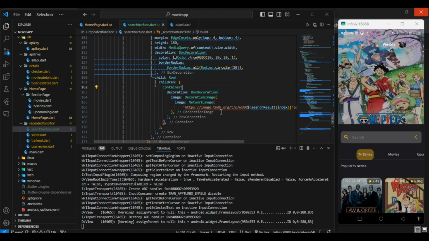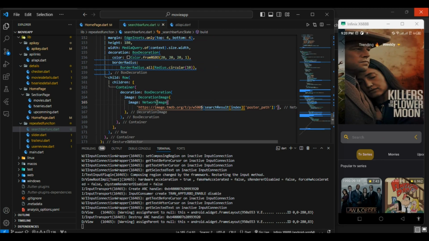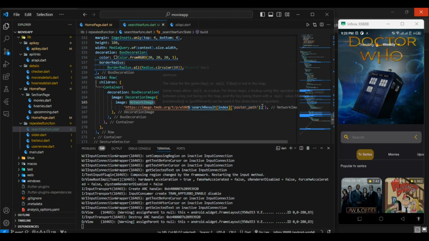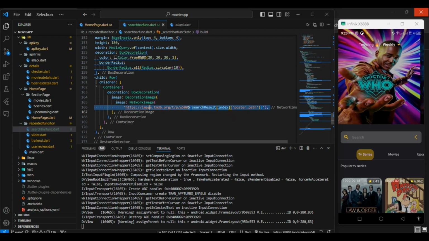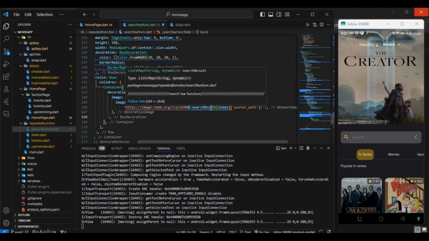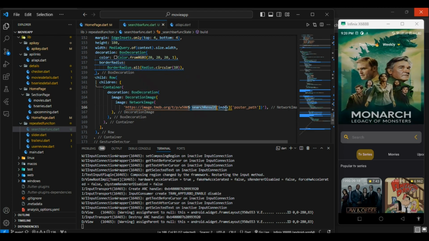On the first container, we will fetch the image from our network image, which I have already talked about in the previous video, how we can get the image on the TMDB. So this is the link to get an image, which needs the ID of the movie or series. The ID is stored in the search result